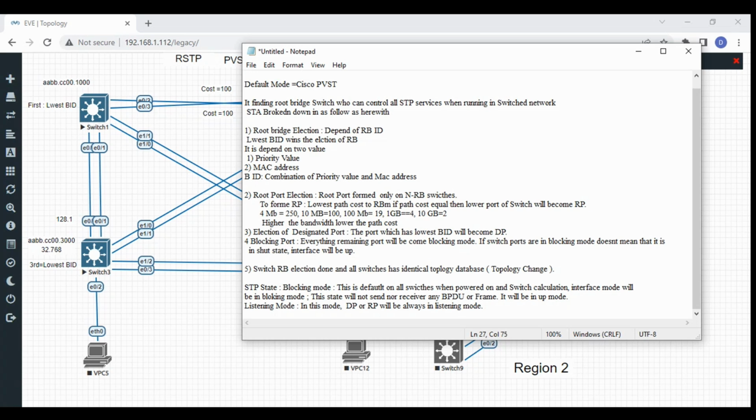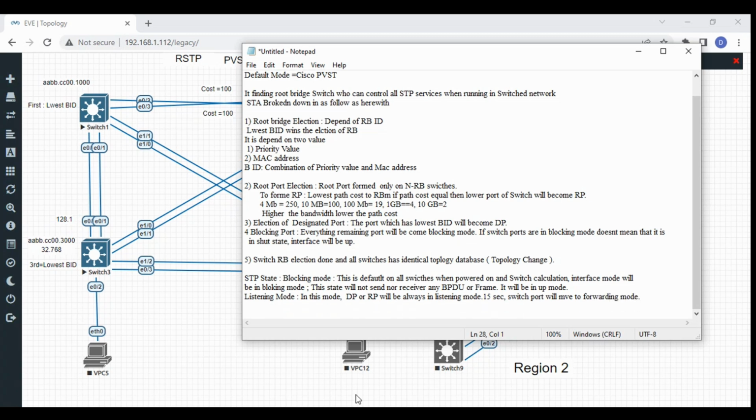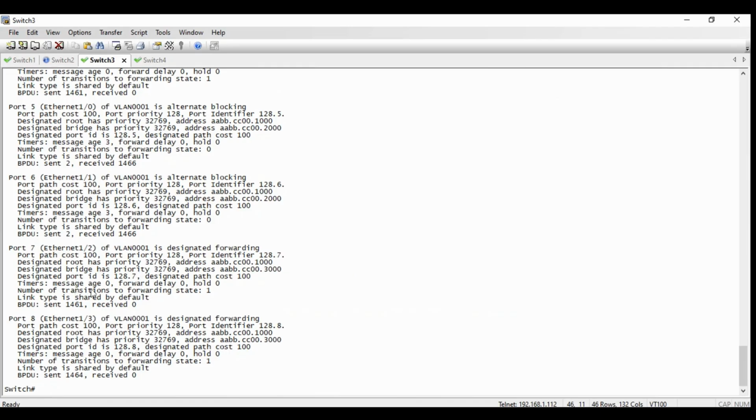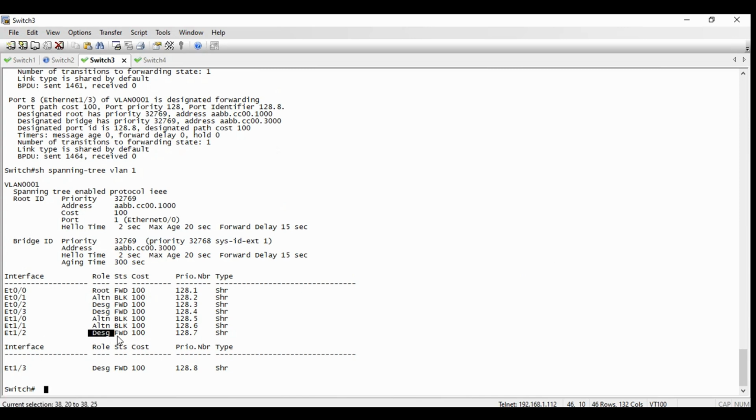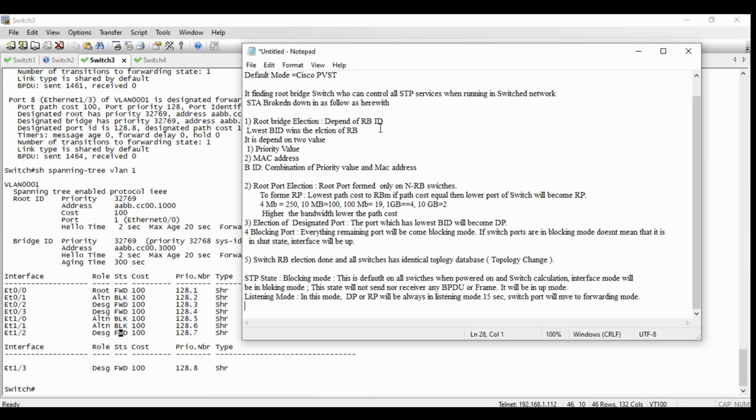During this, after some interval of time, like 15 seconds, which port will move to forwarding mode. Now, if you see in the configuration, designated ports are in the forwarding mode. Because every 2 seconds, okay, let me write down here, every 2 seconds the root bridge